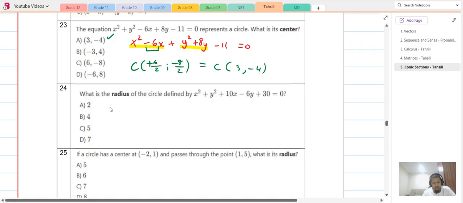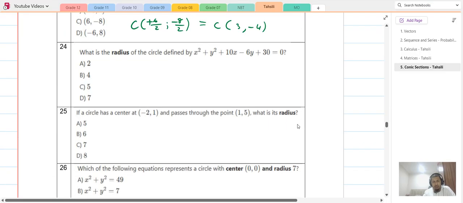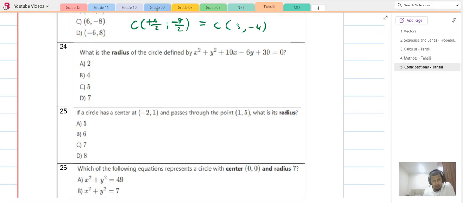Something similar to this. They said, what is the radius of the circle defined by x squared plus y squared plus 10x minus 6y plus 30 is equal to 0. So simple. Group all the x's together. It's kind of like completing the square, right? So what we're going to do is write x squared plus 10x, leave a space here, plus something squared, plus y squared. I'm trying to group the y's now, right? So I'm going to write y squared minus 6y plus something squared is equal to,